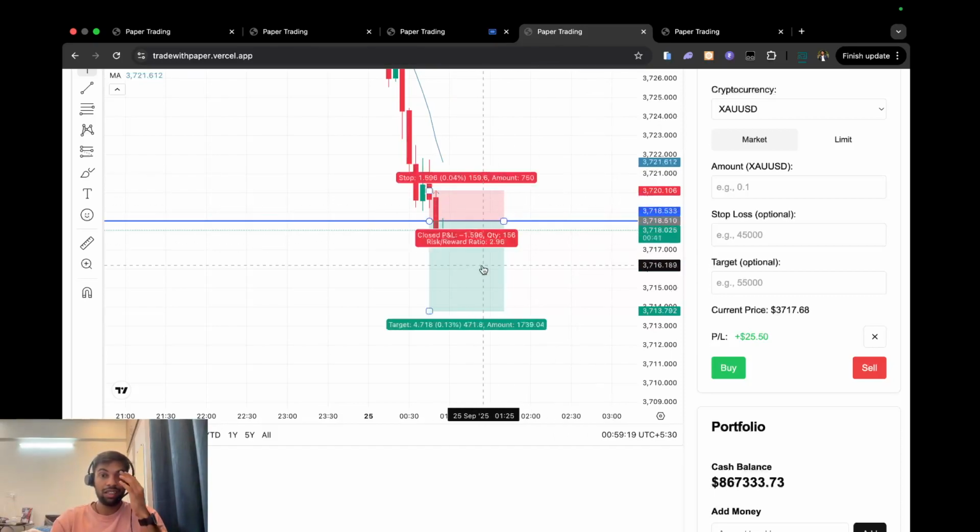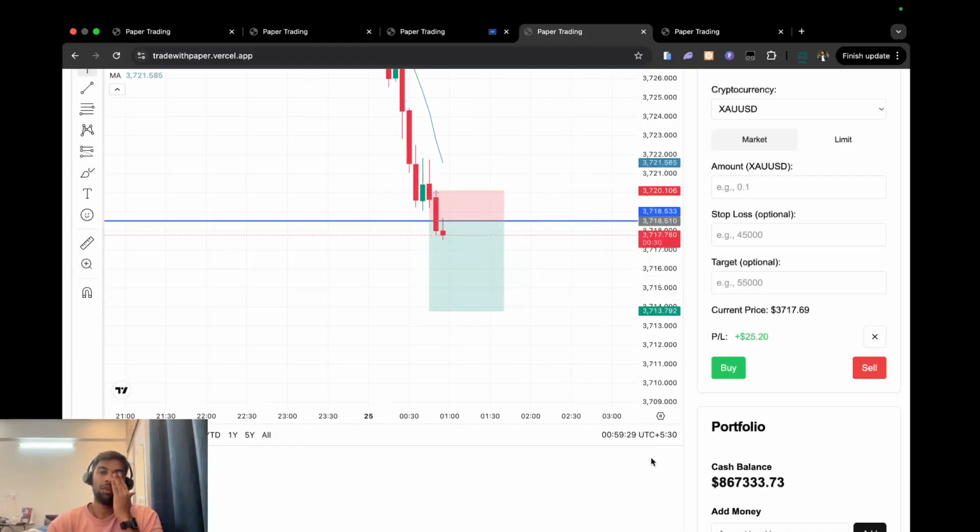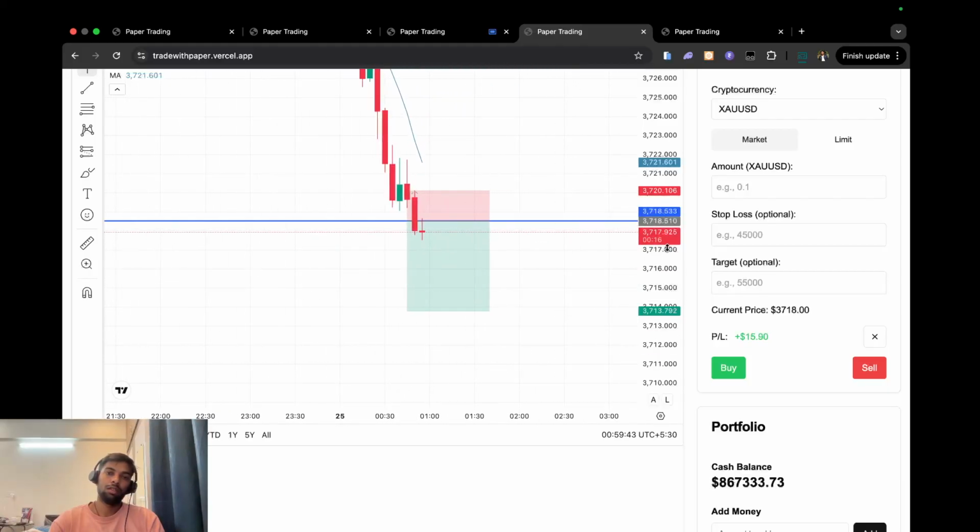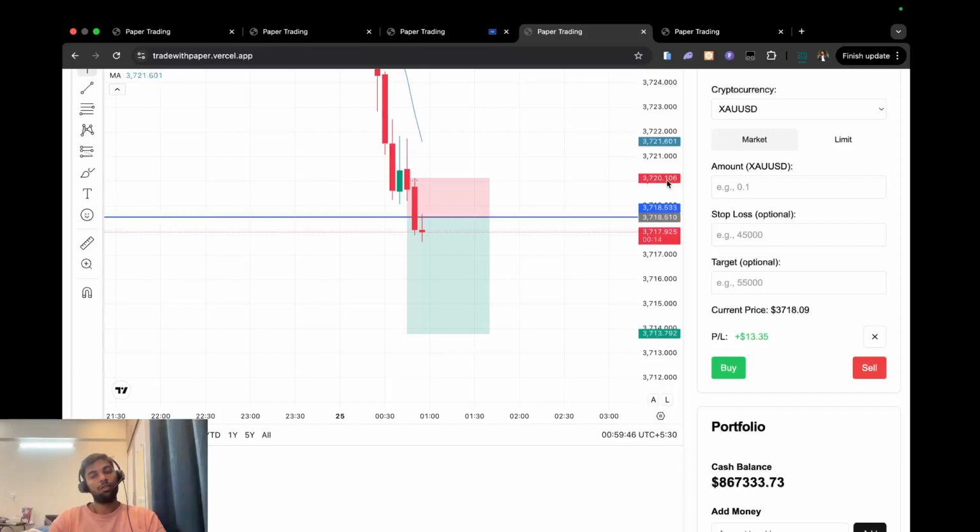And the target that we can have is, we can increase the target. I think we have increased, like we entered in less quantity, guys. The quantity should be much more, because let's see, like if